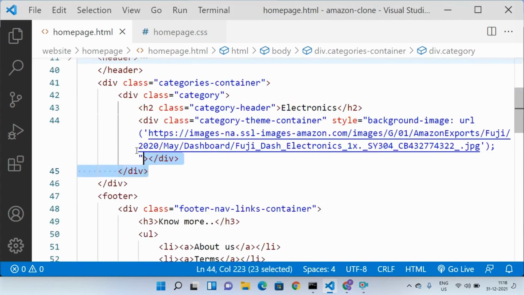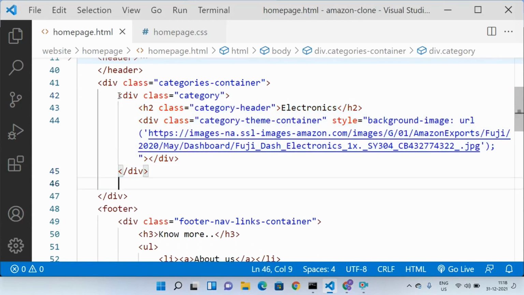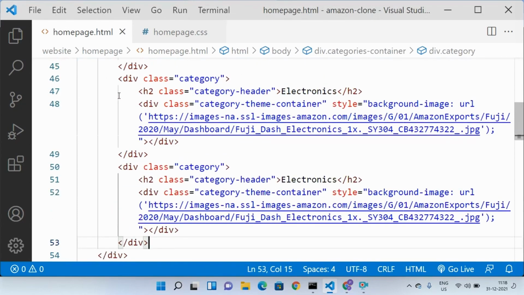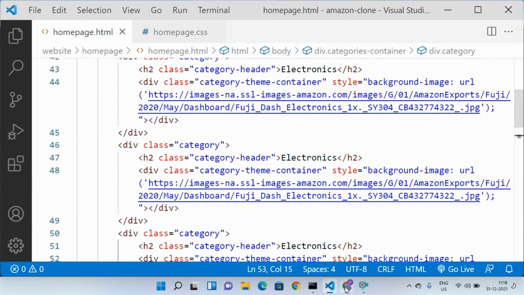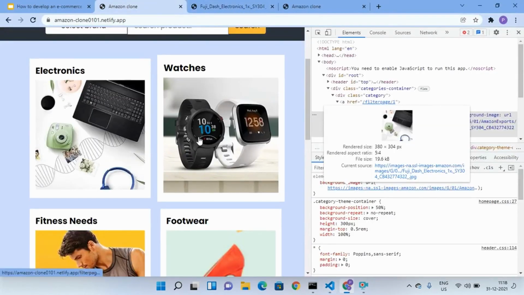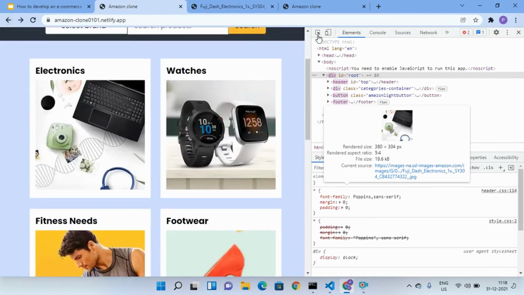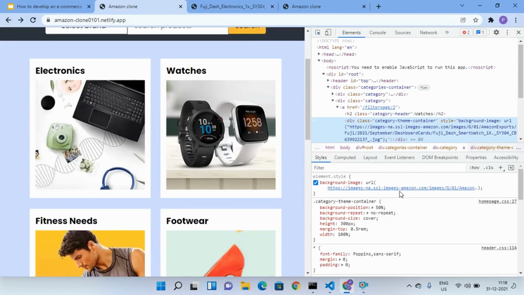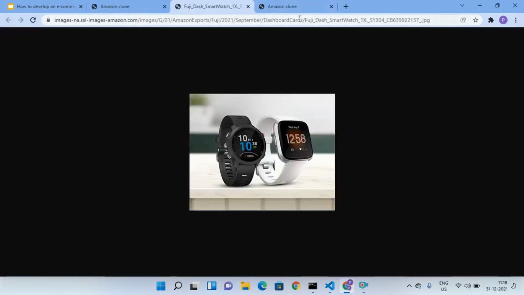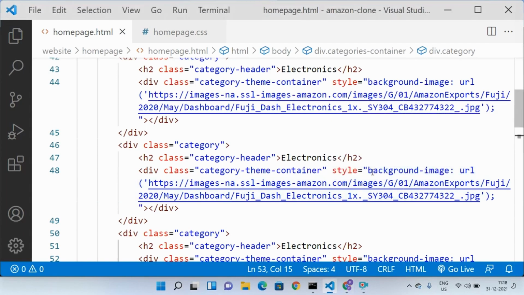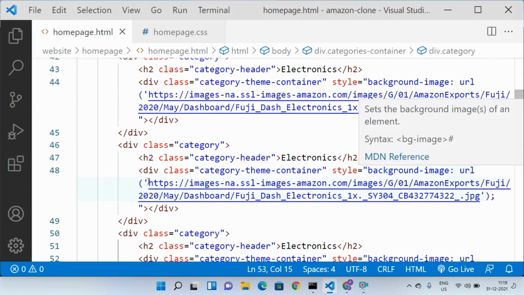Now let me replicate this a couple of times. And let us grab some more images. And paste it here in the second place.